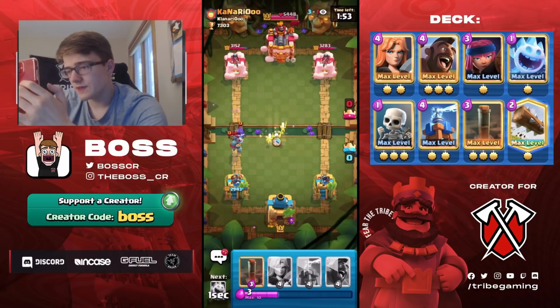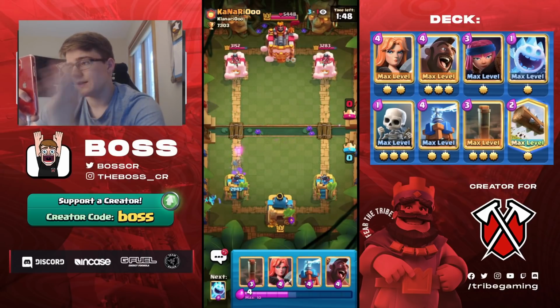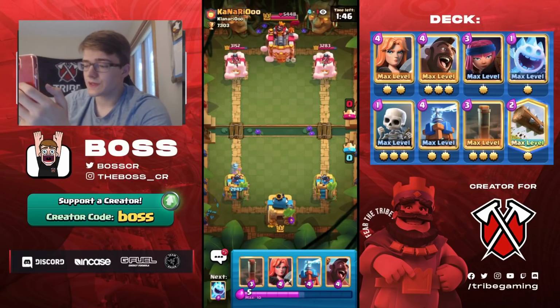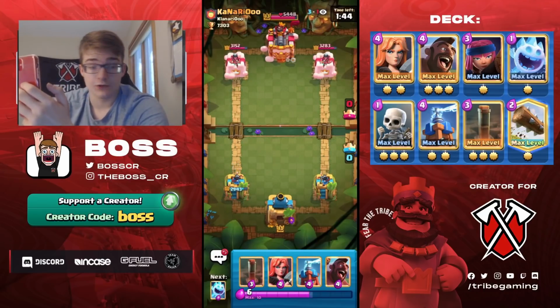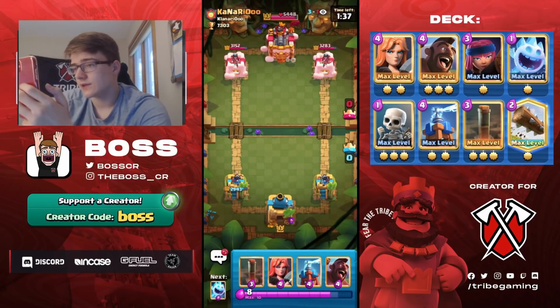So here we go. This is a better start for us. Megamine doesn't get a hit. This is a better start because you can see we didn't take damage from that first RG like we did in the first game. So we're already looking better here, because I honestly think, and this is going to sound very weird,